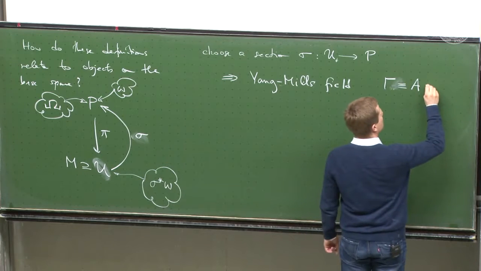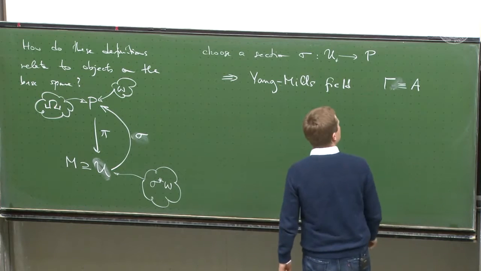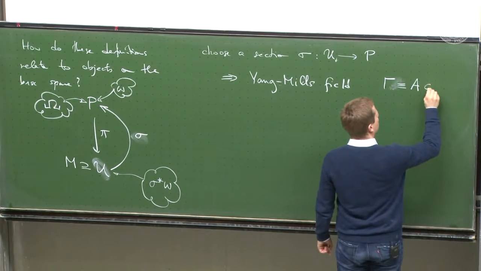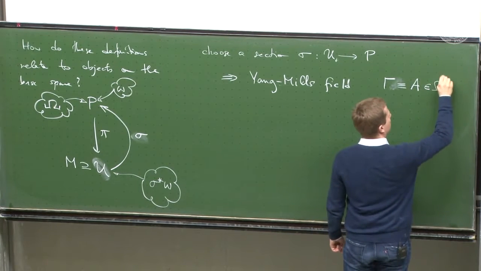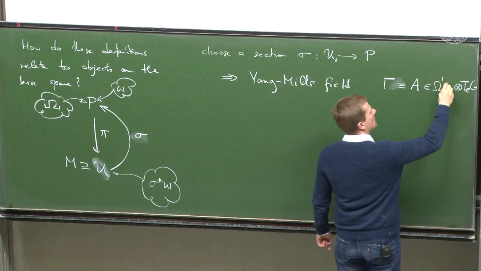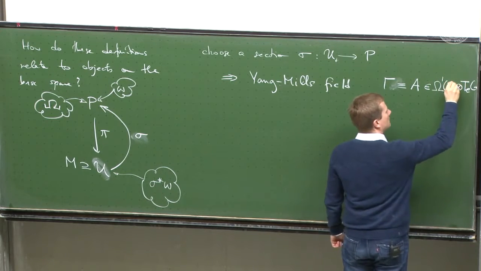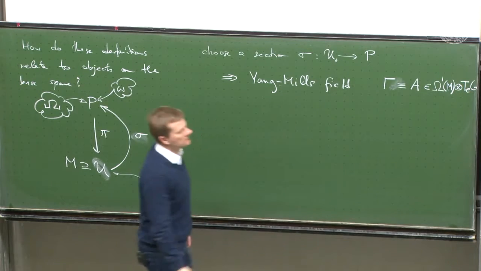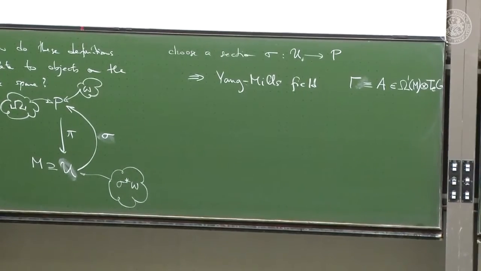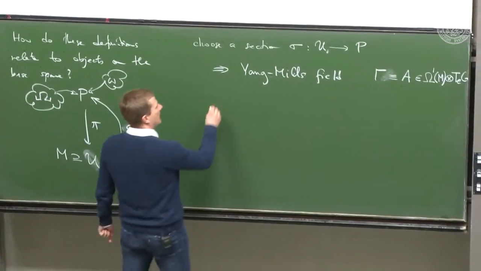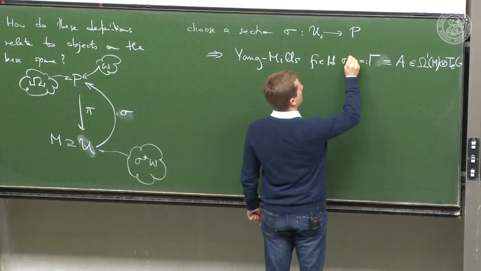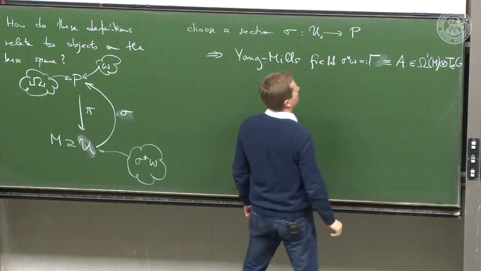But in any case, these are now Lie algebra valued 1-forms, but now on the base space. Okay? Well, that was the whole point of the Yang-Mills field. And of course, I can do the same thing. So these are defined, on the right-hand side, as the pullback of the connection